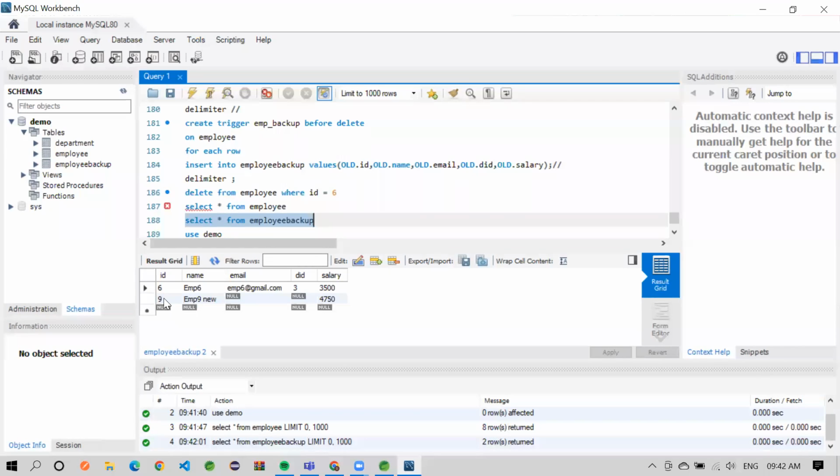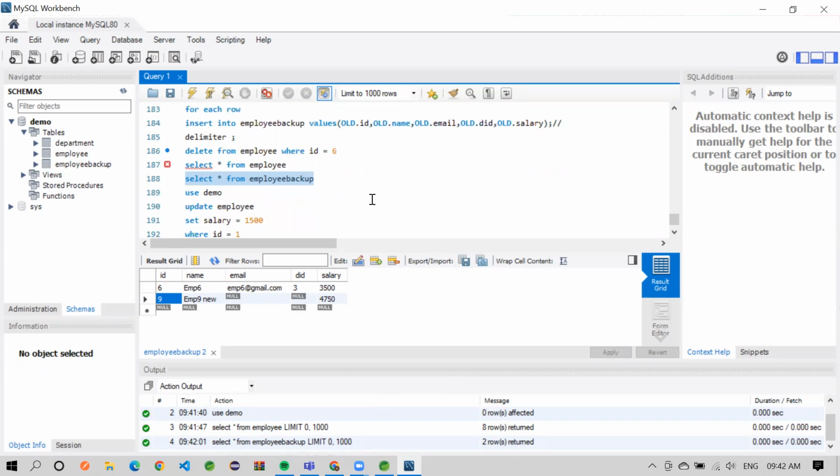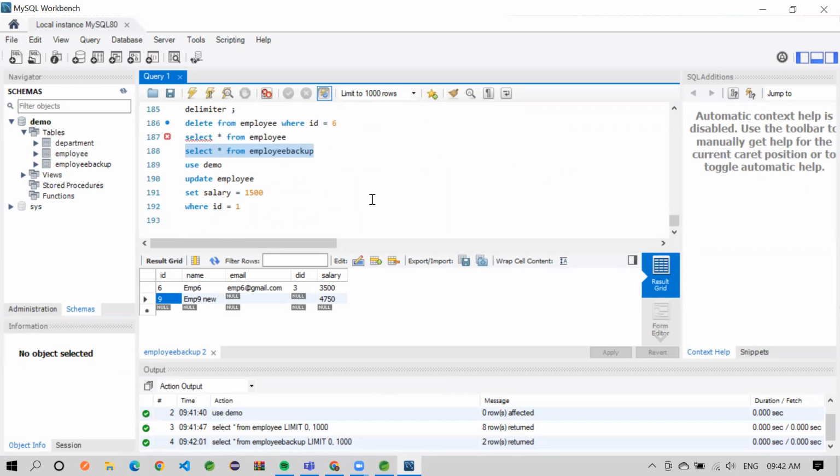Oh, so in my backup, it has inserted, but I don't know why it did not delete my record. You can see my trigger also got executed, but